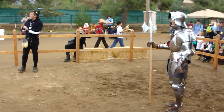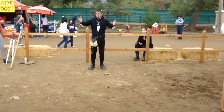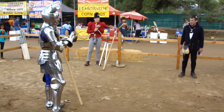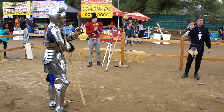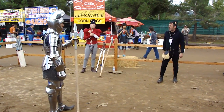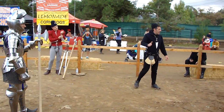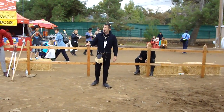So we're going to be looking at medieval fighting techniques. Now you can see our two combatants here in full plate armour. What we're going to try and show you is the contrast of what you may have seen in some films. I think Ridley Scott's got a lot to answer for. Is he local? No. So you may have seen films or video games where...